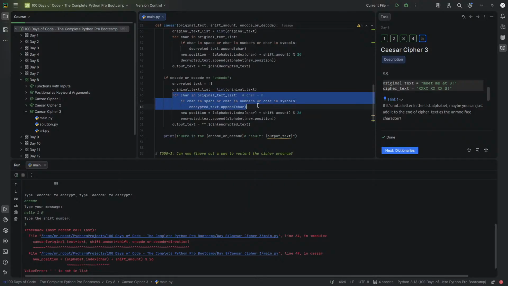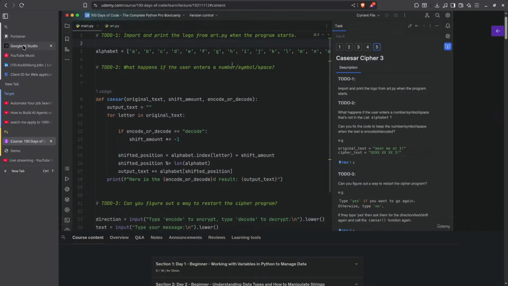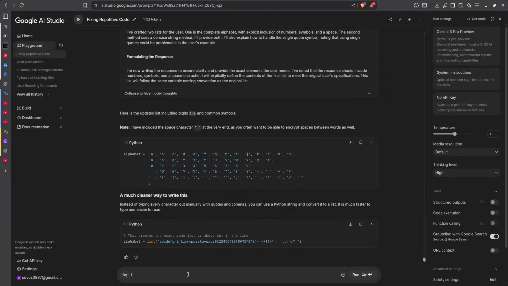So let's say, if this if statement is true, then let it execute its set of commands, then let the for loop take the next character and not